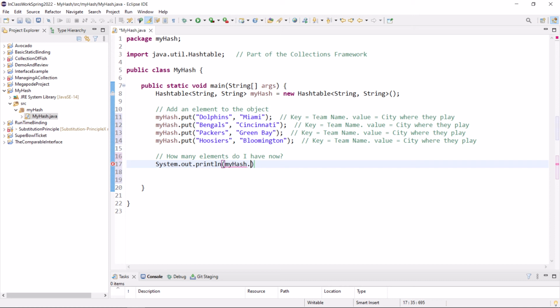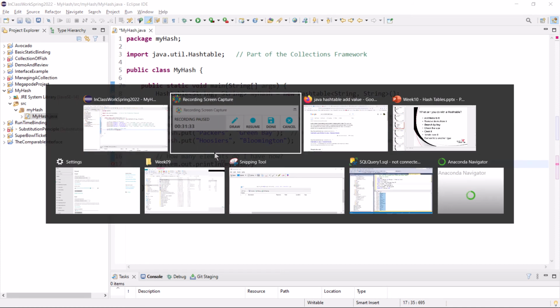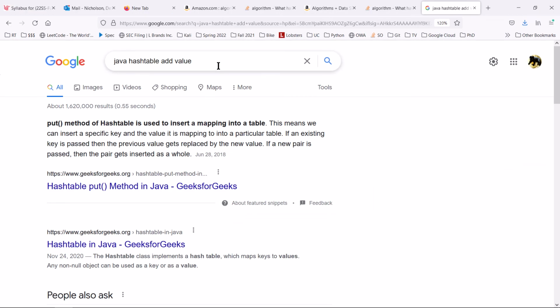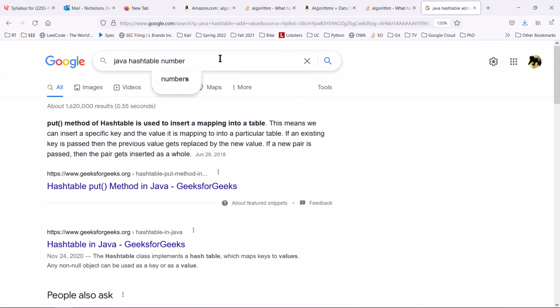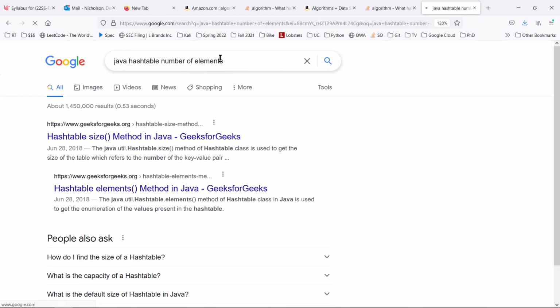Again, my help is not functioning today. I don't know why, but I'll go back to my friend, the search engine, and I will say hashtable number of elements. Looks like it's called size. How about that?